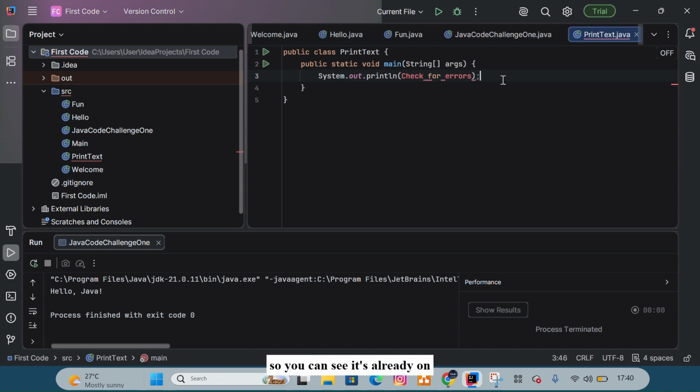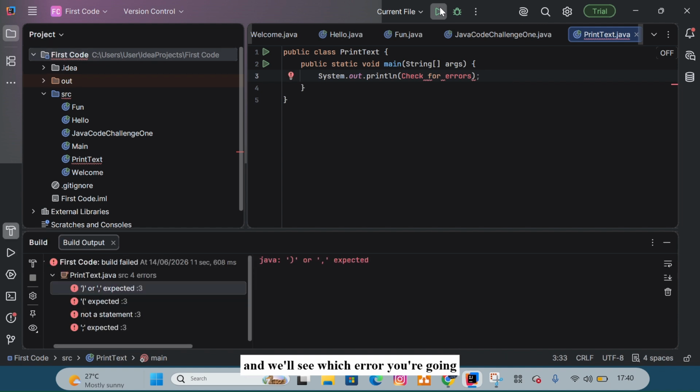You can see it's already underlined, but let's try running it and see which errors we get. You can see that we're getting 4 errors. The first one is about the closing and opening parenthesis, it's saying not a statement, and it's also saying a semicolon is expected. All these errors come if you've not put the text in quotation marks. And when you put the text in double quotes and try rerunning,